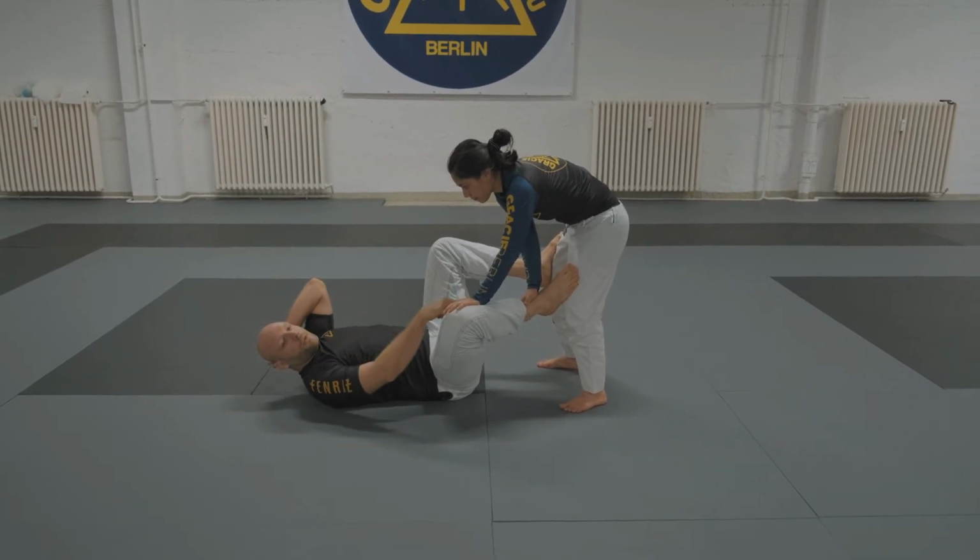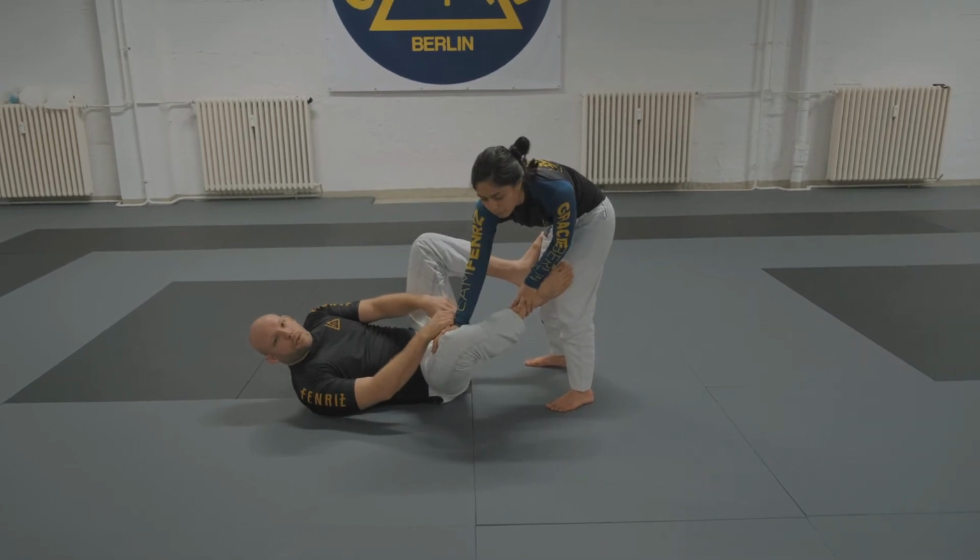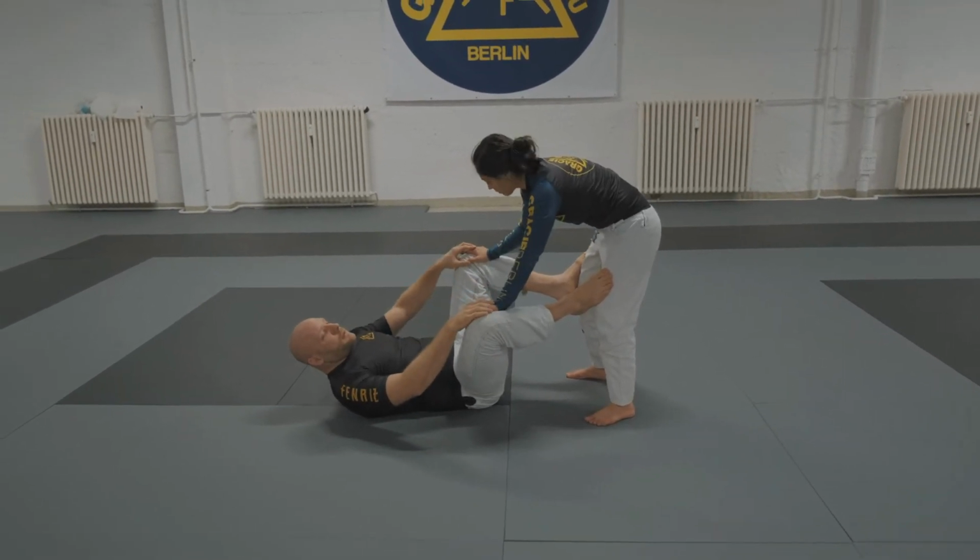One thing, people, not crossing, okay? Some people do this and this. It's not what we're doing, okay? She's gonna have both hands on the knee,